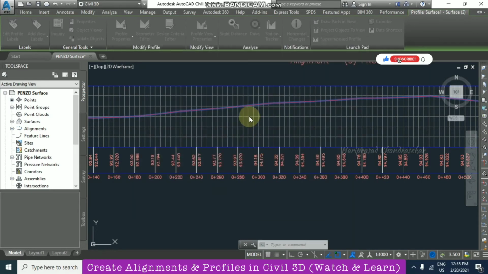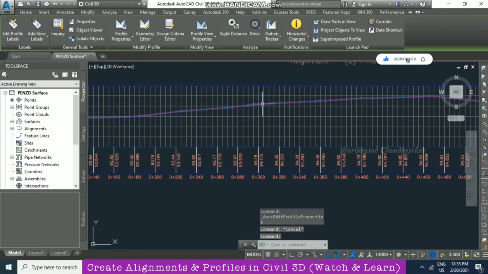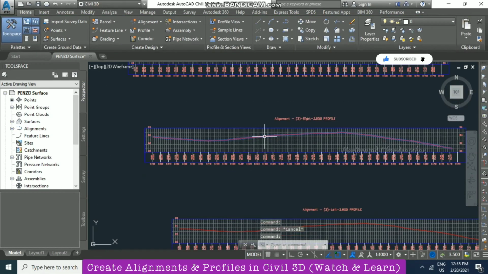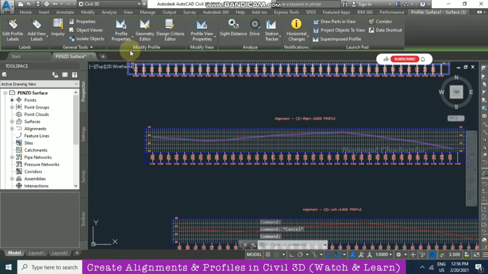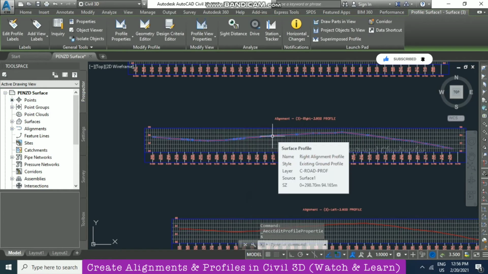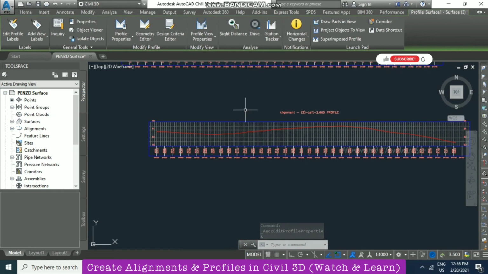So click OK. Now we can see the name main centerline profile here, and then select it, go for profile property. Now you can just put the right alignment profile, click OK. We can see the changes of the name.